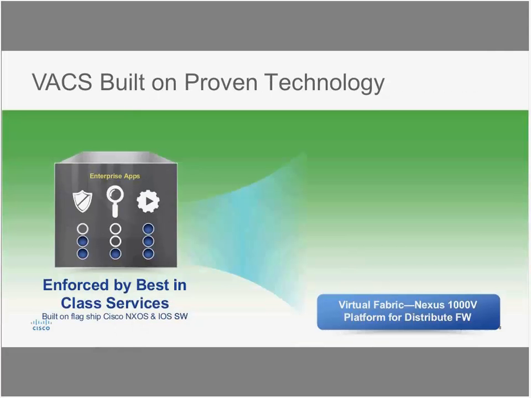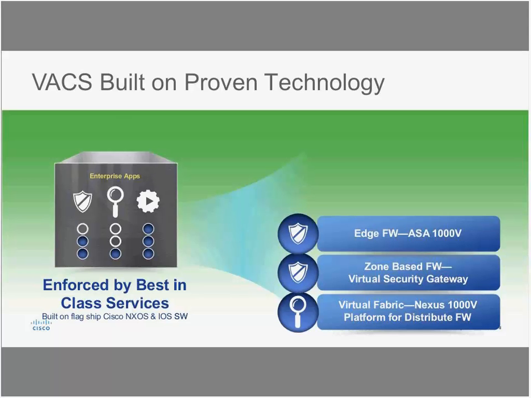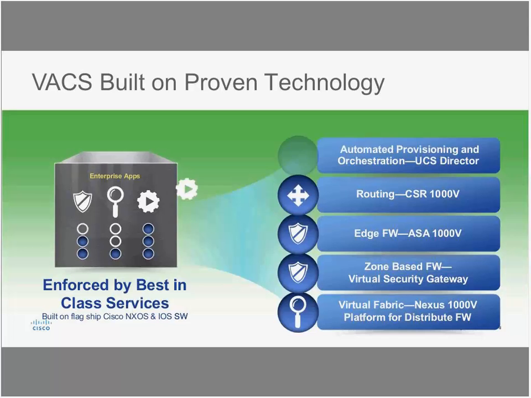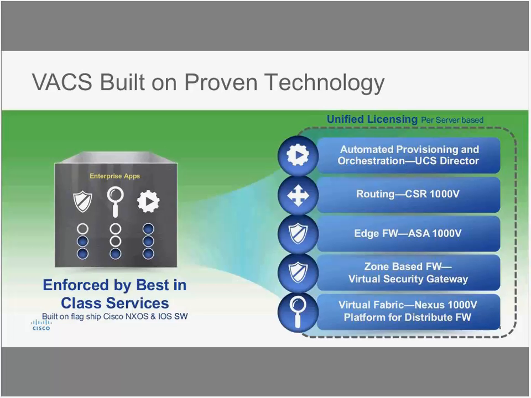So it provides you all this. It provides you Nexus 1000V, VSG, Edge Firewall, CSR, and an orchestration tool, which is UCS Director. Other services are not listed, but they are on the roadmap, such as NetScaler. We also came up with vWAAS on Hyper-V. Earlier, the first version was on VMware vCenter only. Now we support it on Hyper-V as well.